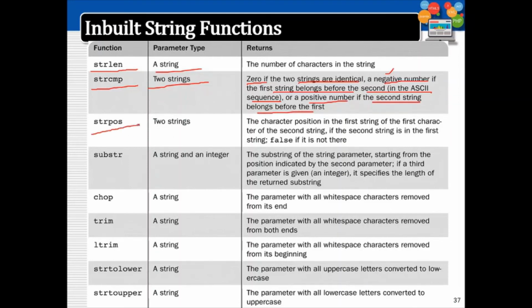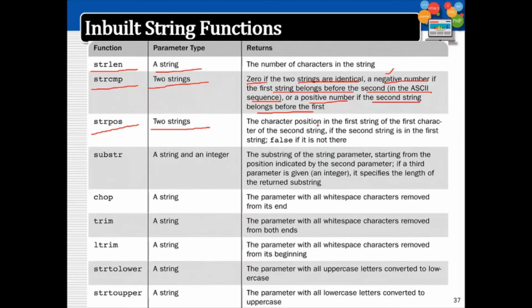Then the strpos function will give the position of a string. The parameters will be two strings. Of course, we have already seen that there is no character type in PHP.